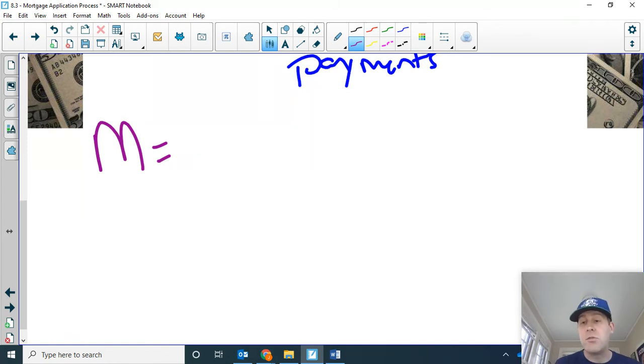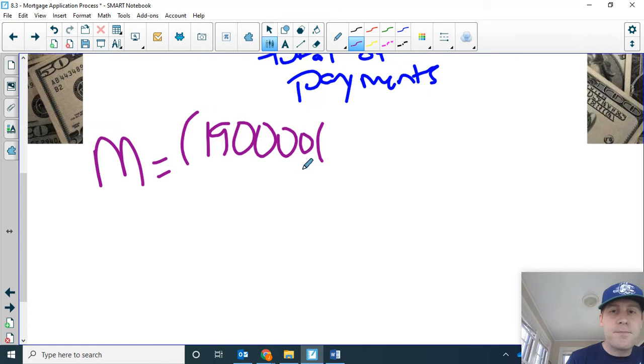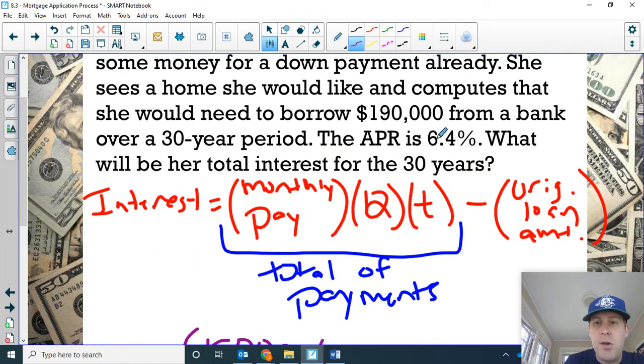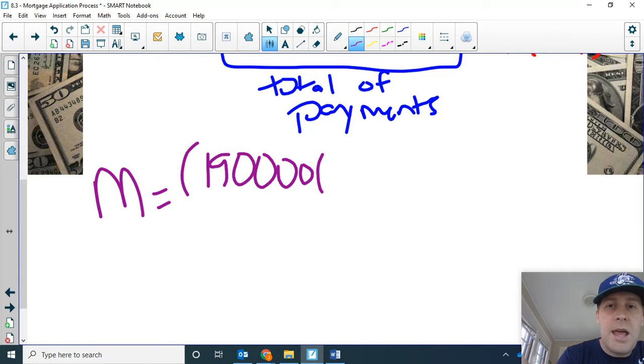First, guys, as a reminder, we want to put parentheses around the entire numerator and the entire denominator. So I'm going to start by writing it as 190,000. Okay, let's open up another parenthesis, and then we're going to write our interest rate, which was 6.4%. Let me just double check that. Yep, APR of 6.4%. So we're going to write that as a decimal, 0.064